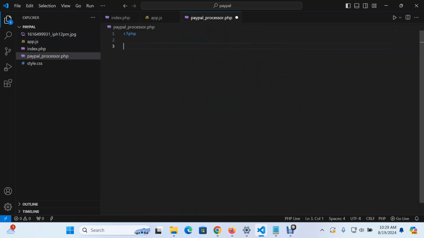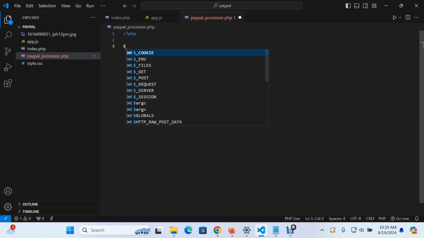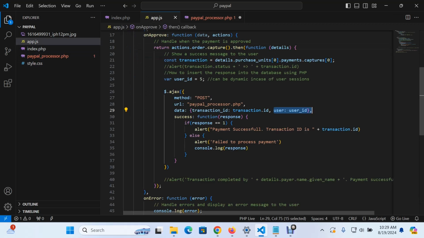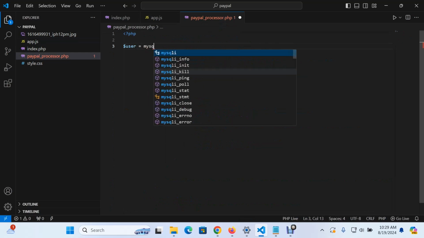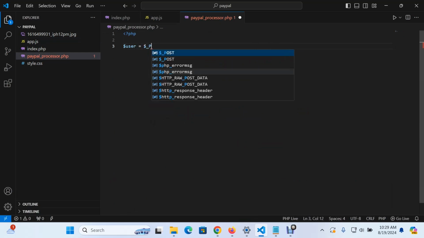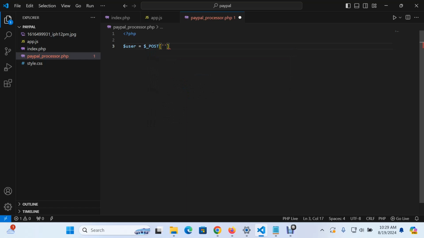So the first thing that you need to do, you just say maybe the user, which is this one. You'll just say $user will be equal to, just like the normal things, maybe mysqli_real_escape_string, but for now I'll just say $_POST, and I'll say user,